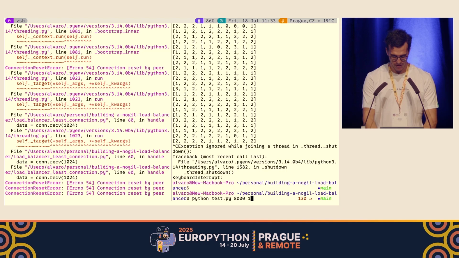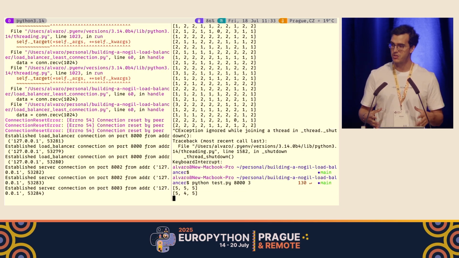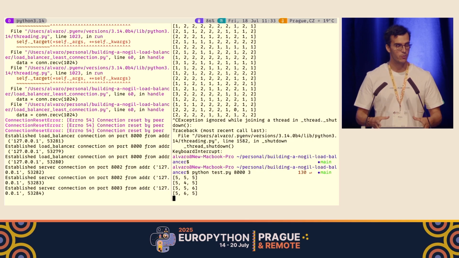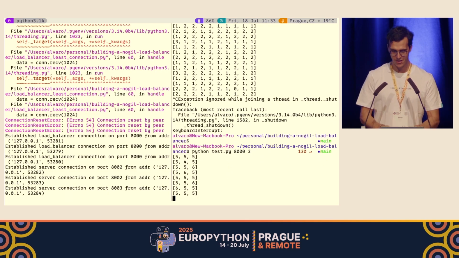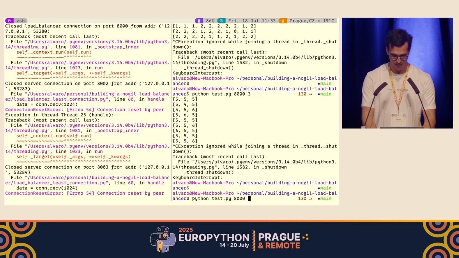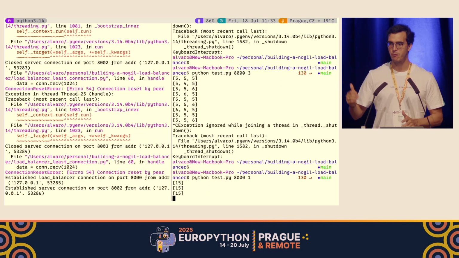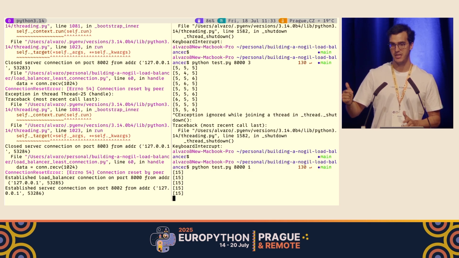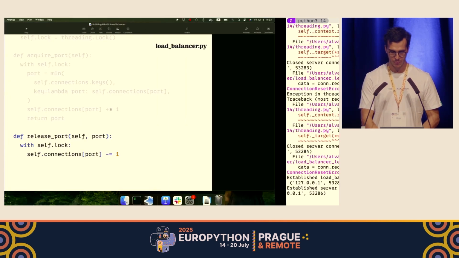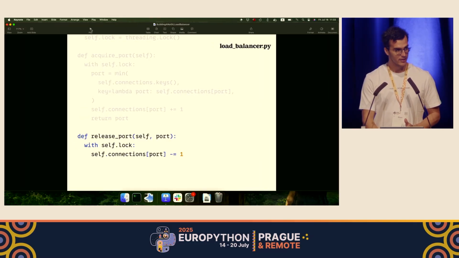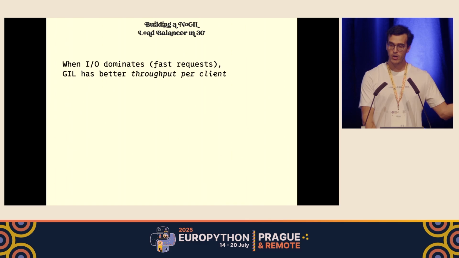So rather, when I don't have 10, when I have 3, for example, we're going to have this distribution more evenly loaded in fewer clients. So they're going to have the ability to serve more requests per client. And finally, if I just have one thread going on, we're going to have these 15 requests per second that I was having in the first place, which means that one thread is serving this problem with one CPU.